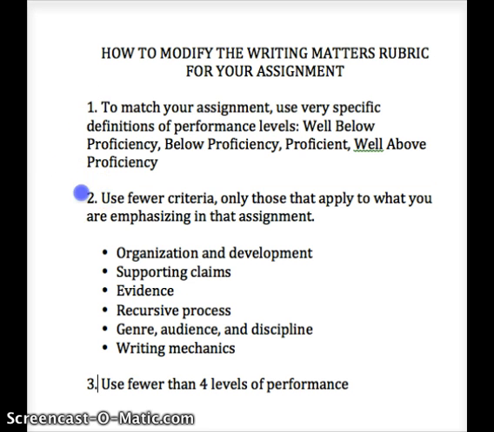A second way is that each time you use the rubric, you don't have to use all 6 of the categories, or the criteria, excuse me. I want to call those criteria. You may, on the first go round, the first draft, you may just want to look at organization and supporting claims. The second draft, you may want to look at all 3 of these: organization, supporting claims, and evidence. And it may not be till the very final draft that you look at the whole, whether or not the student used the whole recursive process or some kind of writing mechanics